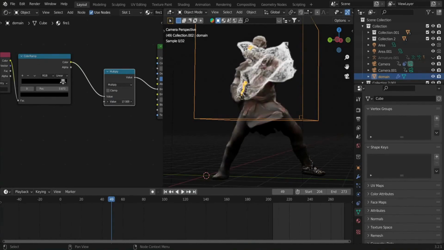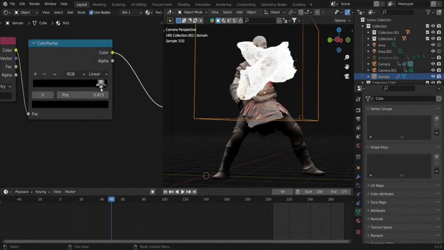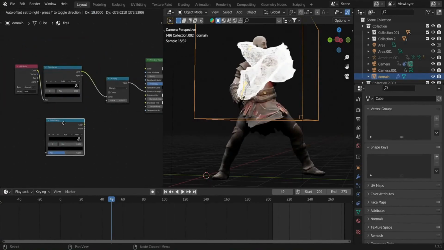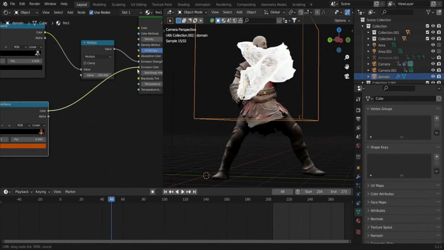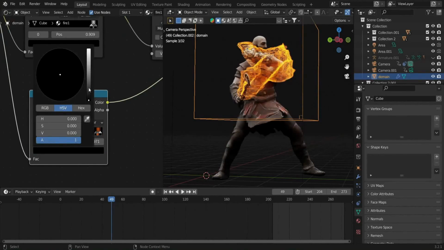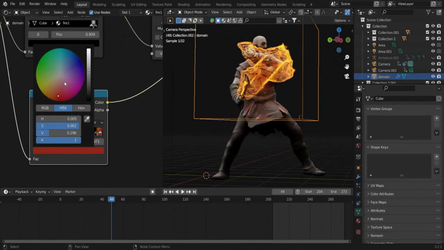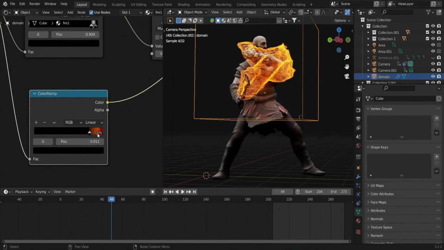Another color ramp, plug it into emission color. Then choose an orange color and add a yellow color. Then adjust them together just like that. That's it. For the explosion, I used the same material, but I duplicated the material and changed the color a